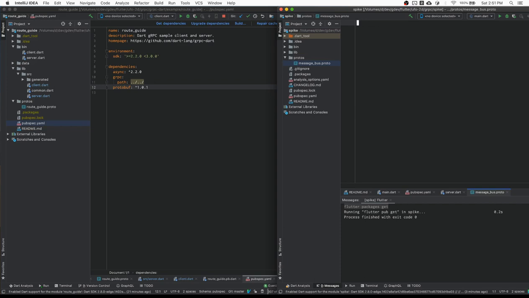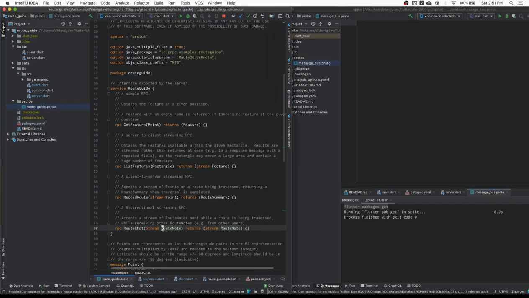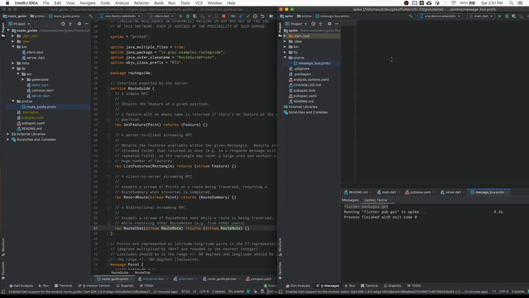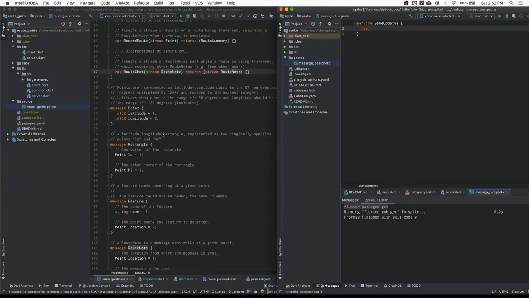And so let's look at how this is done. So basically what we need is we have a service. What's it called? Game server or game updates. And basically what we want is something like an RPC method that looks very similar to the chat one, like this one down here. So we're gonna call this